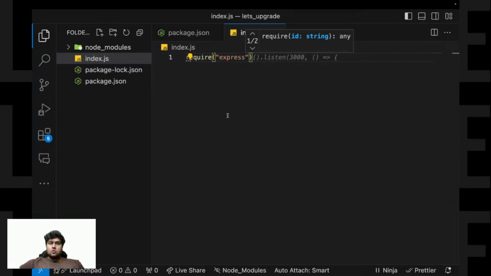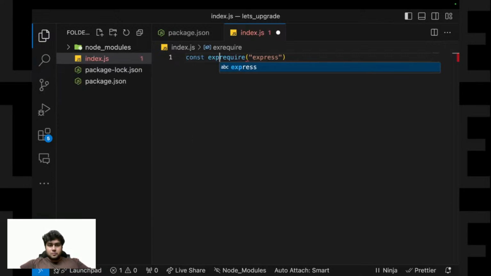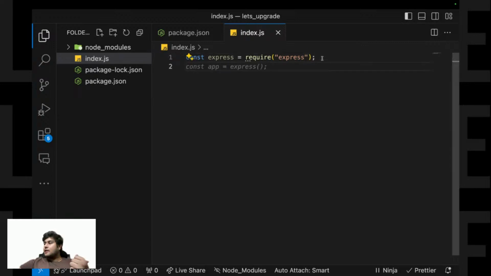Since I want to use this in the future, I'll assign it to a variable. So how do I do that? I'll say const express equals this. Now I've installed it, and I have imported it in my file.